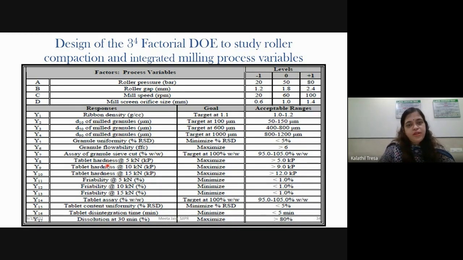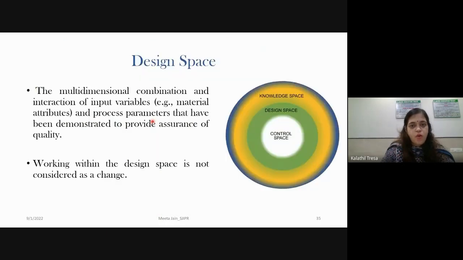Similarly, you have to put this in software. It will give you the combinations in which you can use this. Prepare the batches using those process variables, evaluate them for their responses, input them in the software, and by analyzing using ANOVA, it will give you the results: those having greater interactions with each other and impact on your final quality.